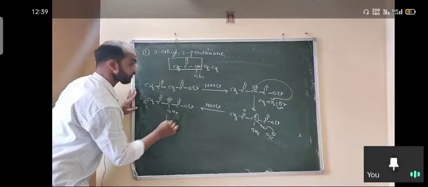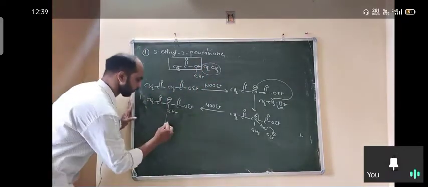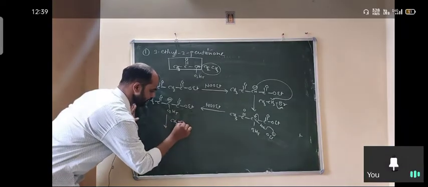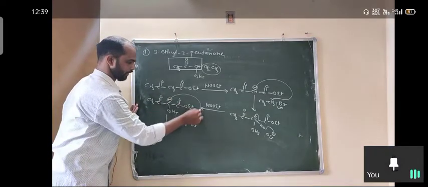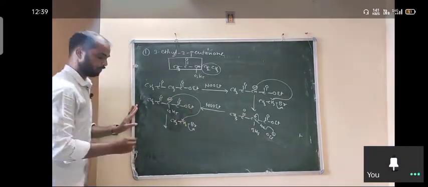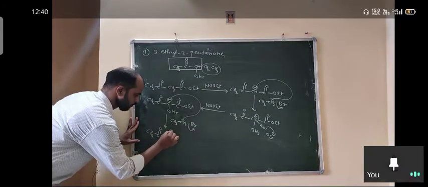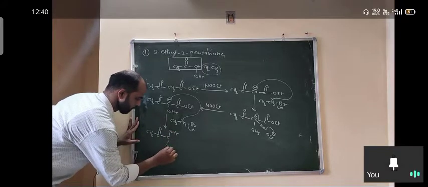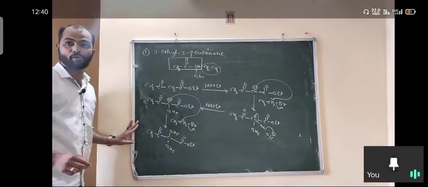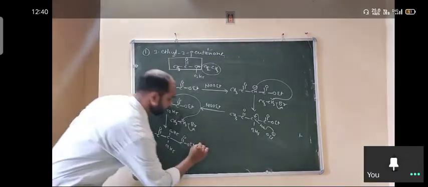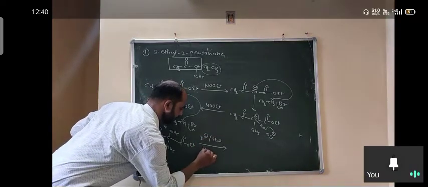So use the second alkyl. If the second alkyl is the same ethyl group, you can use another ethyl bromide. If the second alkyl is different, you can use another alkyl halide. Again this will attack here, removing the Br. So after this what happens? CH3 C=O, C2H5, C2H5, C=OEt, C=OEt. What next? Hydrolysis, H+ H2O, hydrolysis.